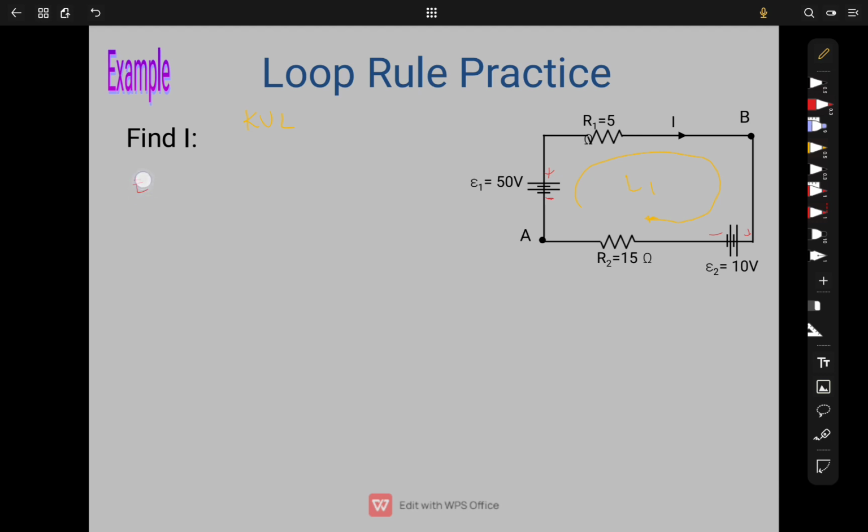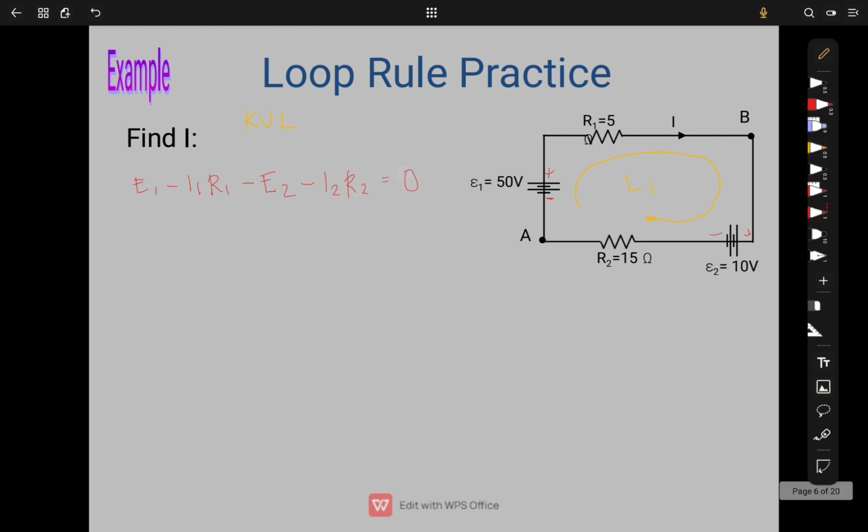So, we have E1. So, again, kapag parehas tayo ng direction ng ating current flow, that is minus sign. So, minus I1, R1 natin. So, yung I1 natin is yung I, right? So, sunod natin is yung 10 volts. E2. E2. Kasi negative siya lalabas. And then, we have the R2. So, along ulit siya sa ating current flow. So, that is negative I2, R2